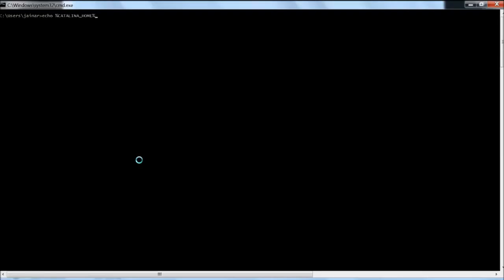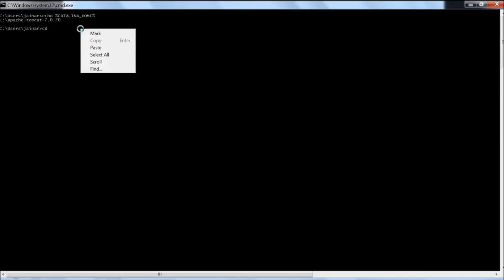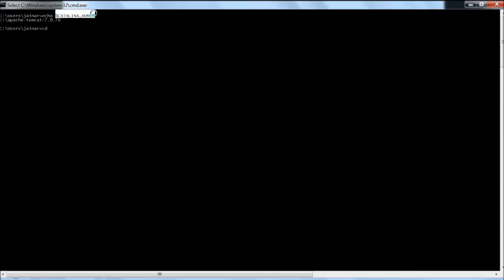In case you do not know where your Tomcat is residing in your machine, you can simply run this command: echo the CATALINA_HOME variable. You can print the value of that. In Windows, you have to use percentages on both sides. But if you're in Unix, you have to use $CATALINA_HOME. As we are in Windows, let's print the value. It says C:\Apache\Tomcat 7.0.70. So I can copy this directory path, or I can very well copy this variable name as well, which is better than copying a hard-coded path. You can do it either way.